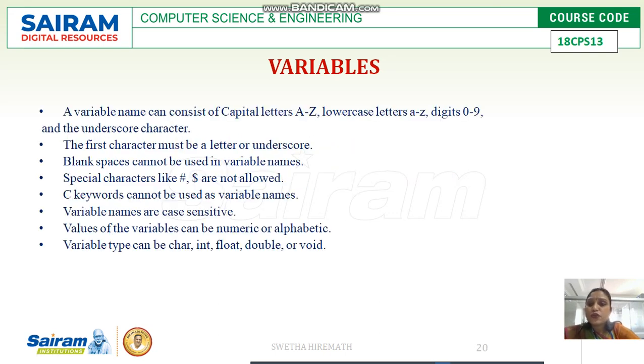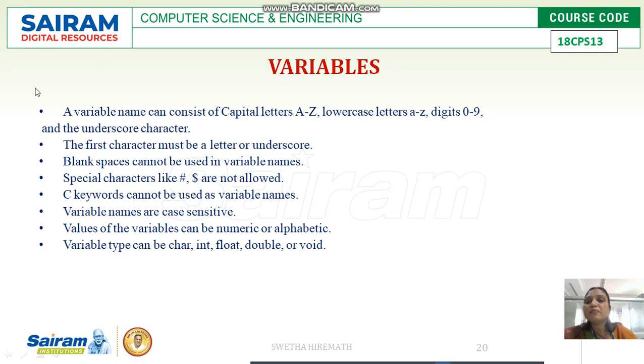So what are the rules for writing the variable names? I told you there are two different declarations. One is a local declaration, the other is a global declaration of the variables, whatever we are using within the program or within the entire program. That is, it may be in the functions or in only a particular program. So we are going to differentiate them into global and local variables. So what are the rules for writing those variables?